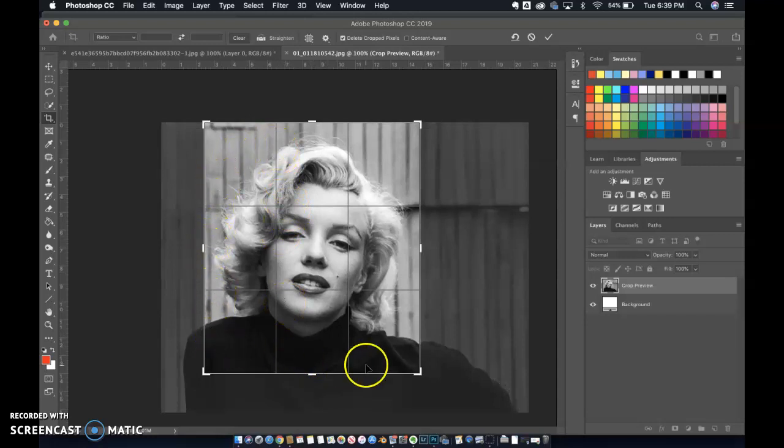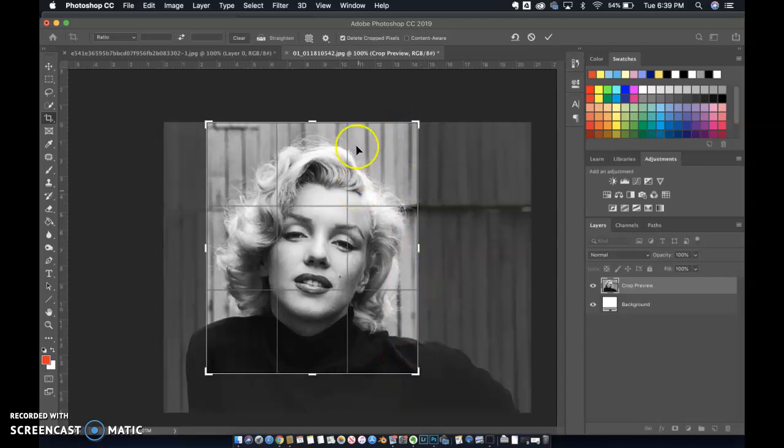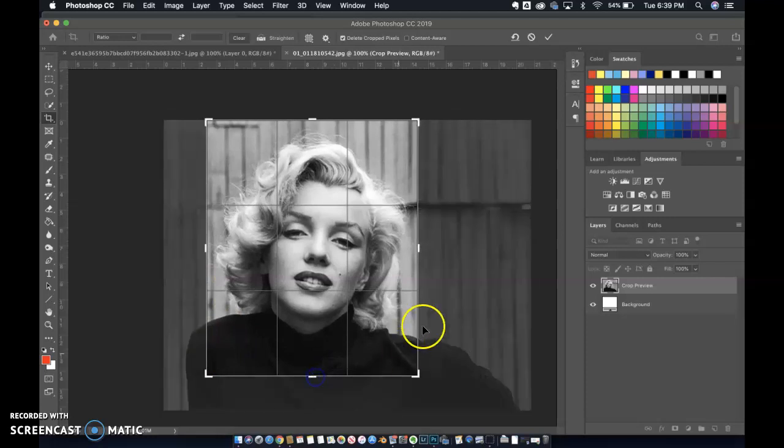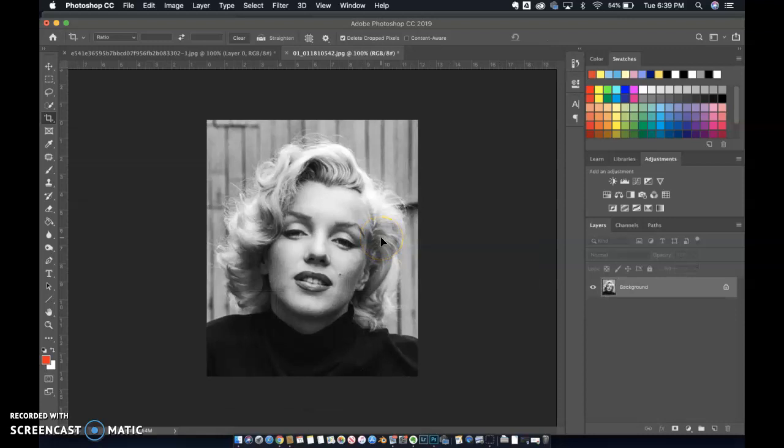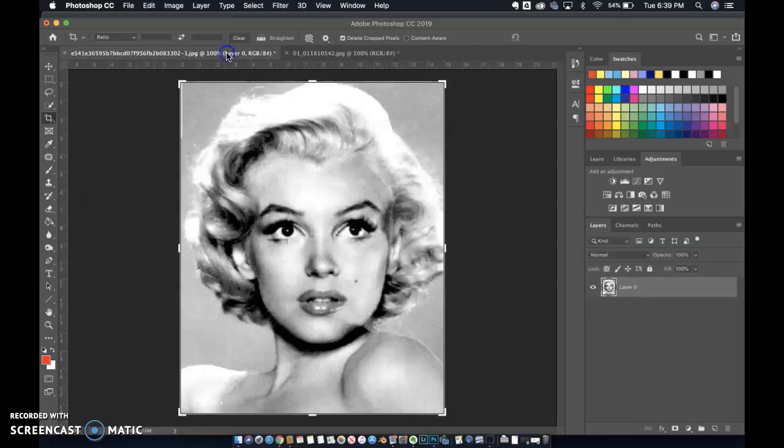You do want to leave a little bit of room, but this would be about what we want. So just enough, maybe a little below the shoulders. And when you're ready to crop, just press return. And then that's what you want to use with your image. I'm going to go back to the other one